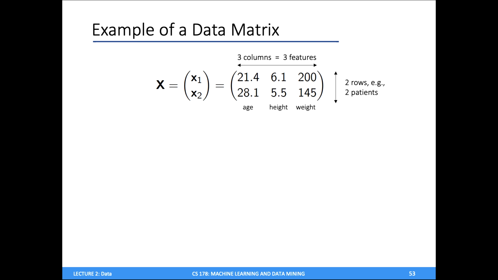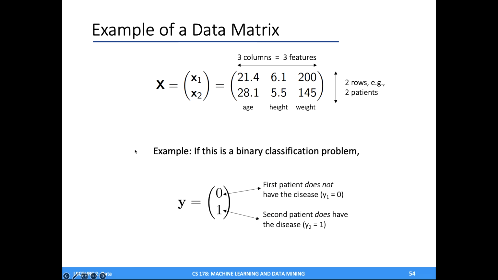So for example, we might have a very small data matrix with 2 rows, 2 patients, and 3 different features corresponding to their age, their height, and their weight. For some examples of particular elements, we might have X sub 1,2 being the element in the first row, second column. And this is 6.1, and also X sub 2,3, and you can check on your own that should be 145. If we instead have a binary classification problem, our target is still a vector, but rather than being real value numbers, we might have a 0